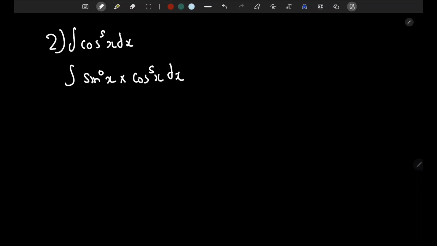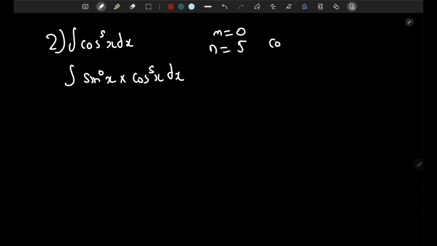This is another way of thinking about it, since we do have a sine, but it's to the power of 0. So here, back to our three cases, m is going to be equal to 0 and n is equal to 5. So we need to use our second case,